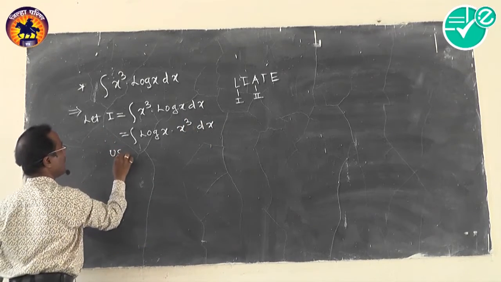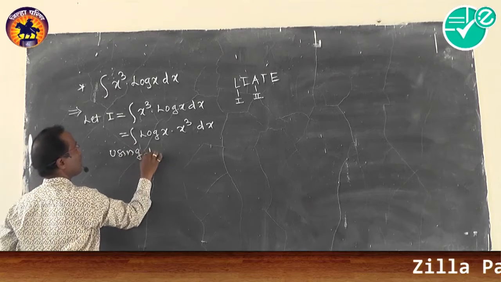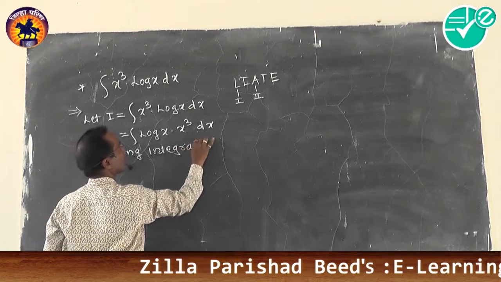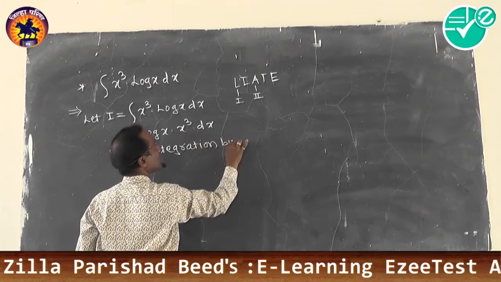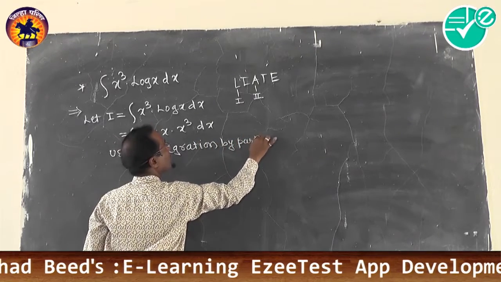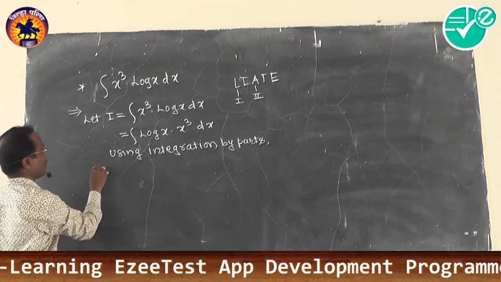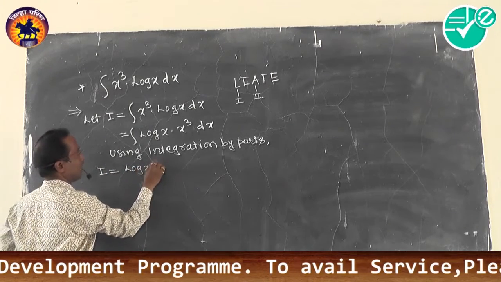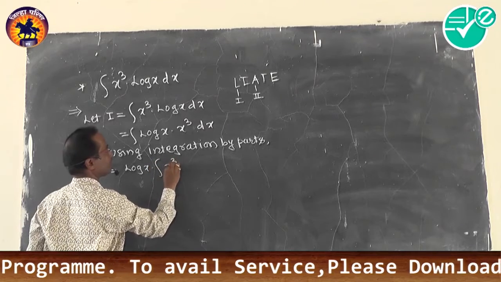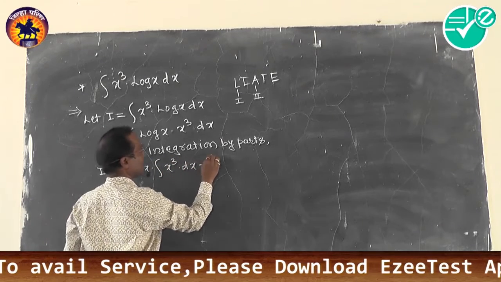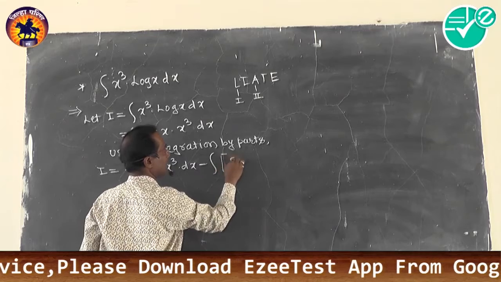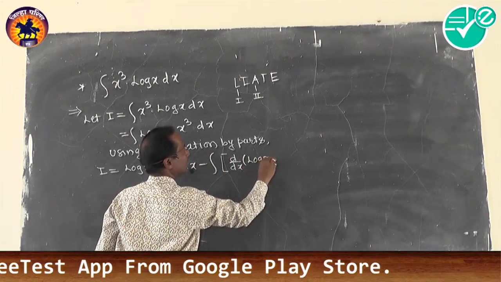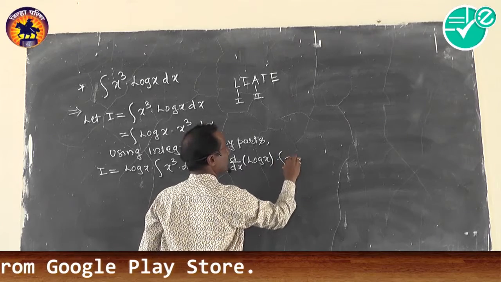by using integration by parts. First function as it is, integration of second, minus integration of derivative of first function into integral of second function